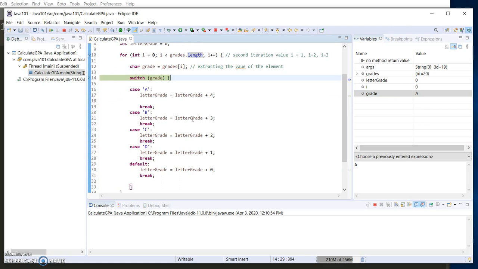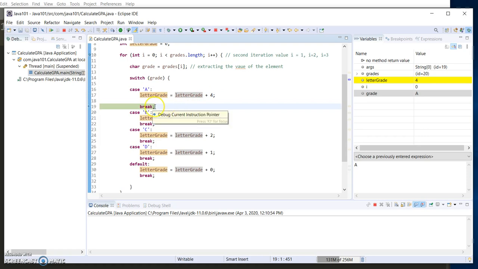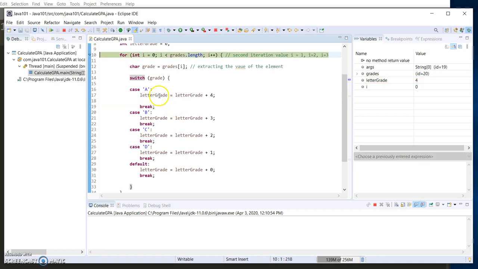Now I get into the switch statement with the value of grade A. Let's move on, and see, it immediately came over here because this is true. Since this is case A, I'm getting this value. And then it comes to the break statement, and you can see the letter grade has changed to 4 because it was 0 and plus 4 is total 4. Then it will go to the next statement, because we had a break statement. With the value of 0, now it will be incremented to 1,